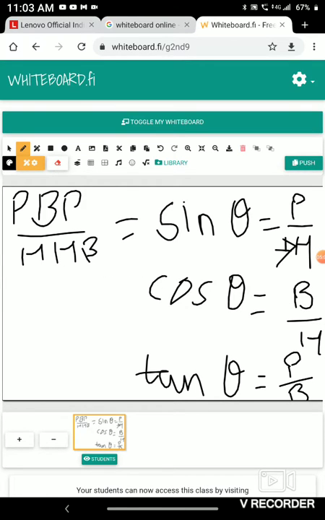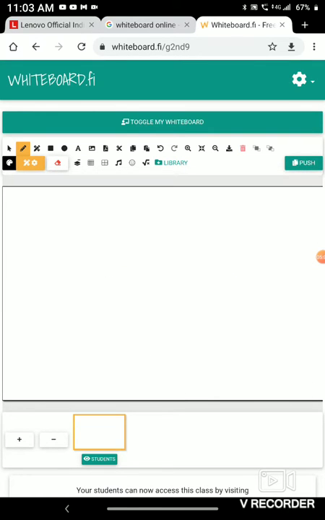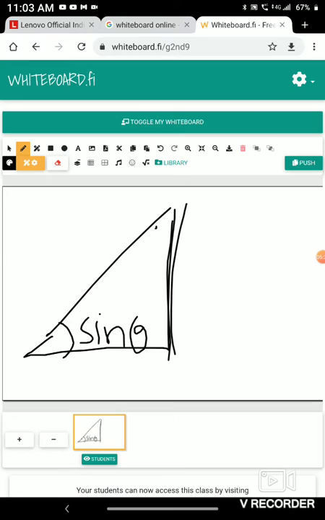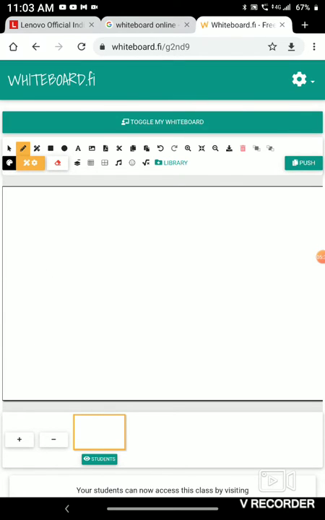The first thing you need to understand is that trigonometry is used in this triangle only, which is named a right angle triangle. So we will take an example like this: an angle is given as sin theta, and we need to find this angle. No, guys, I want to take this topic in the next class.